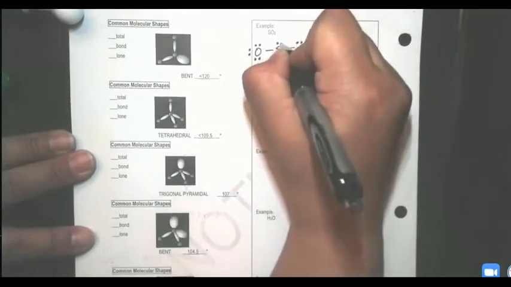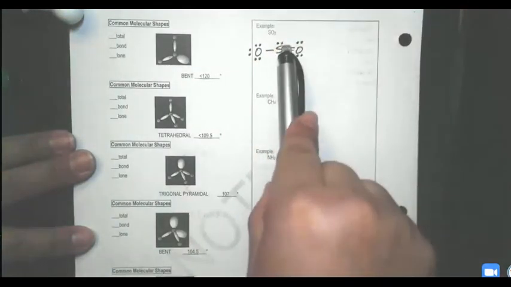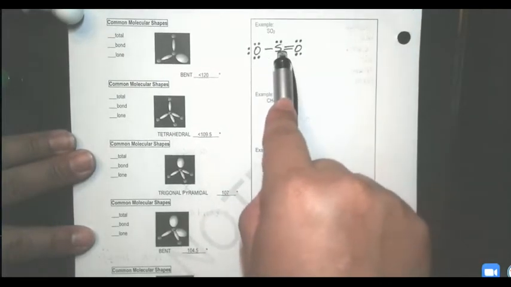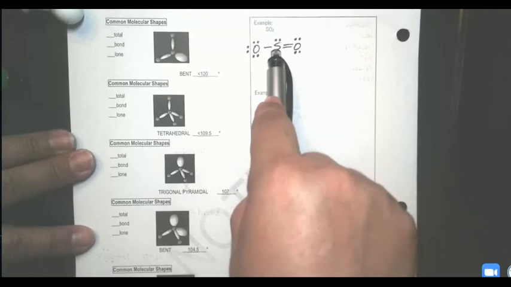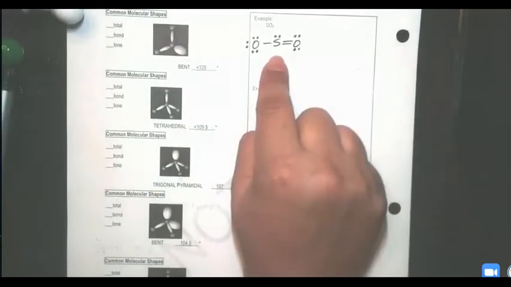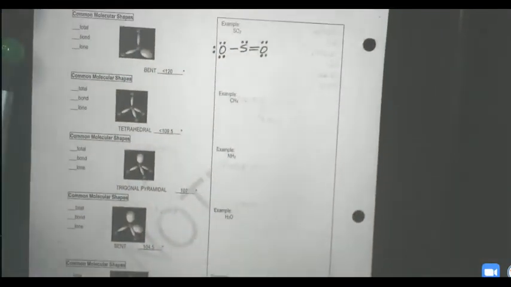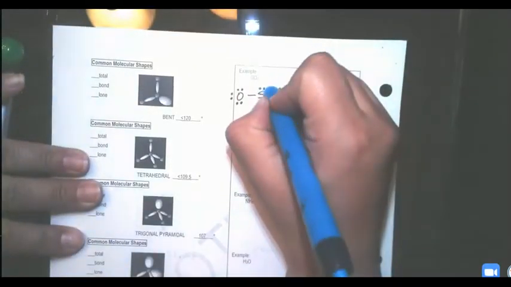Now remember, VSEPR, valence shell electron pair repulsion, cares about what is the shape around the central atom. I don't care what the shape is here or here. I'm just defining the shape by the middle atom, okay? So now, before today, we drew SO2 like this. But we learned over here that lone pairs need more space. So what I like to do is draw almost like a little balloon around any lone pairs